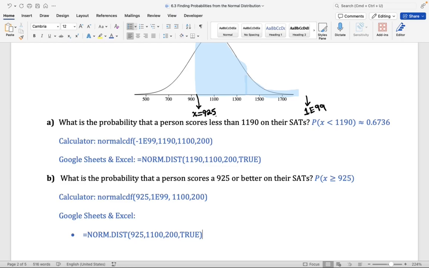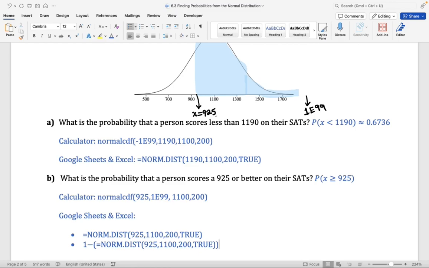We want the area to the right. So the second step is to say, we need to take 1 minus the value you get from this first step. I don't have the value here. I'm just going to go ahead and write that function in parentheses. Okay? So again, just think of this as having two steps. You type in your function, you get the value. That value represents the area to the left. And then you go 1 minus that area. That is how you find the area to the right of an X value.